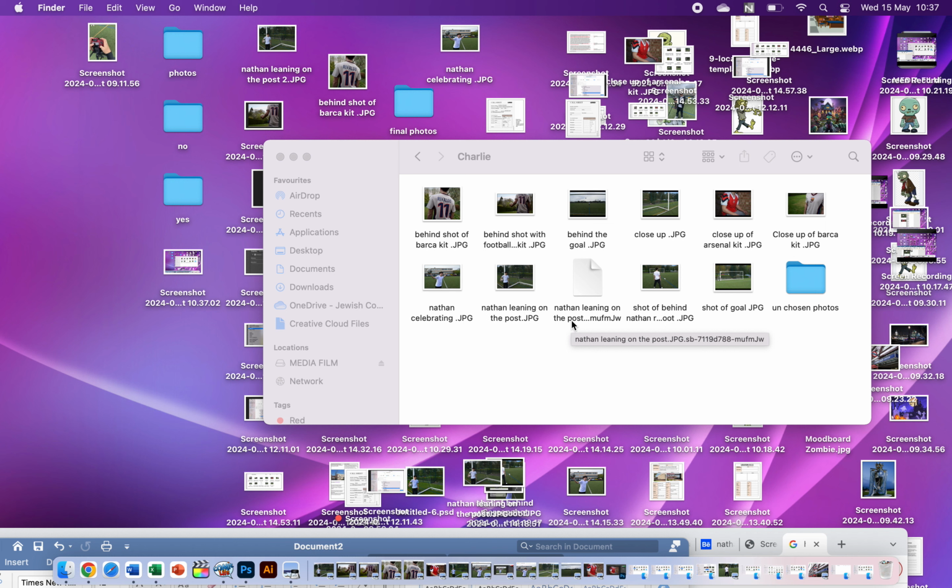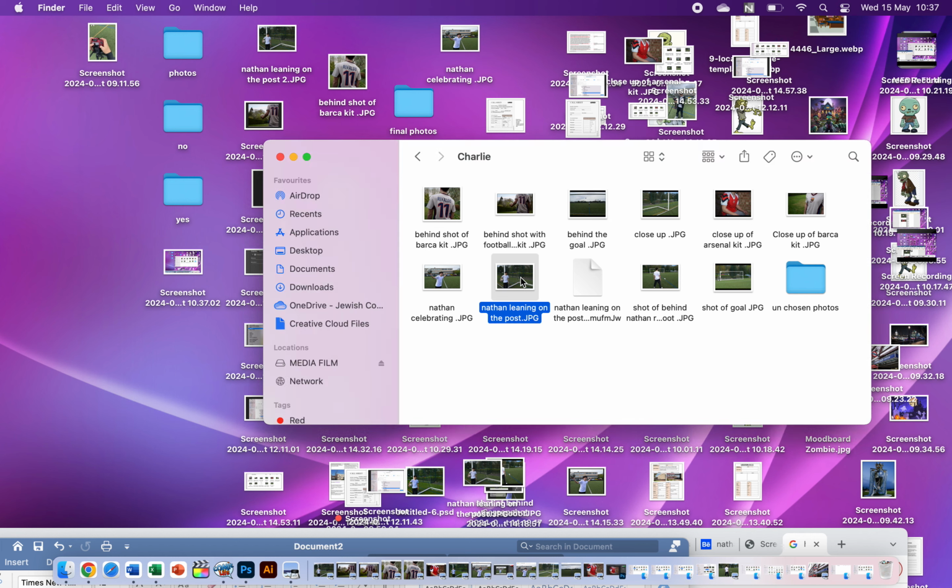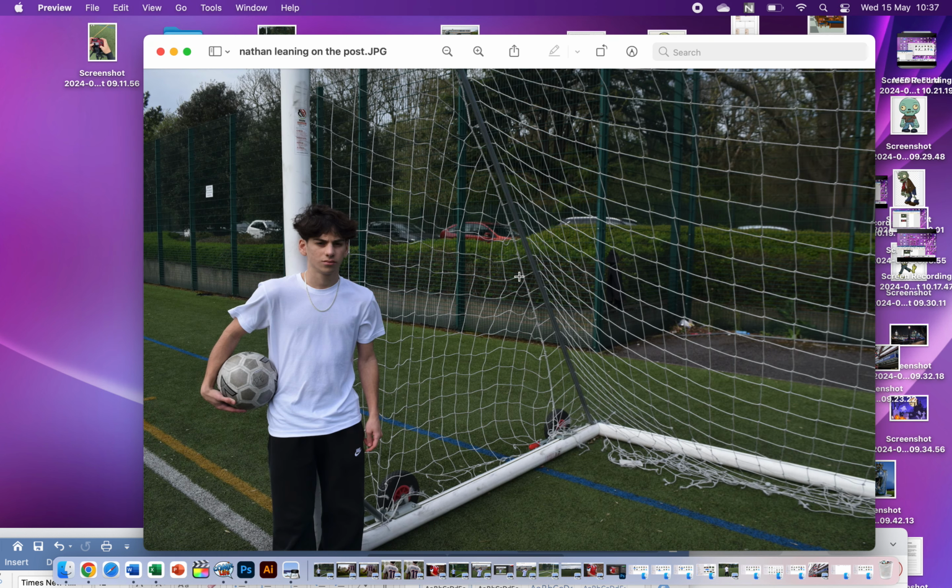Which photos I'm going to be using and which photos I'm not going to be using for my article. This photo here, I think it's good. I've used a technique of rule of thirds. Nathan is standing on the left-hand side of the grid of the rule of thirds, and it makes the focal